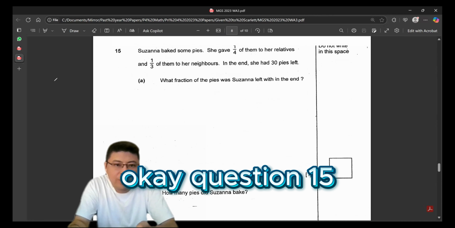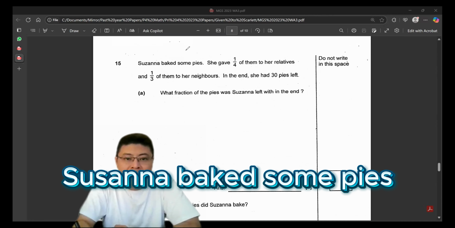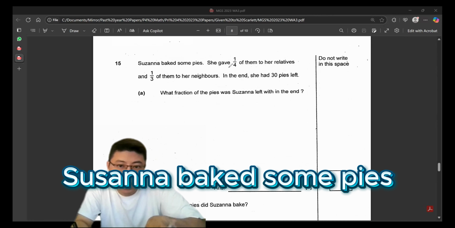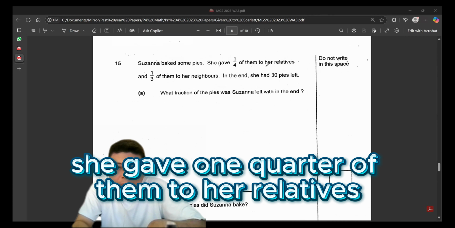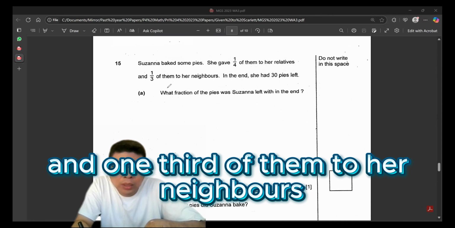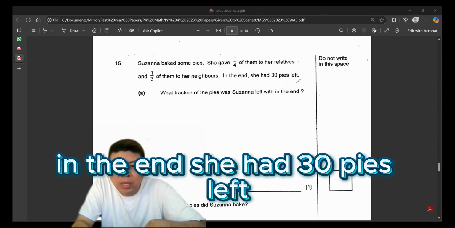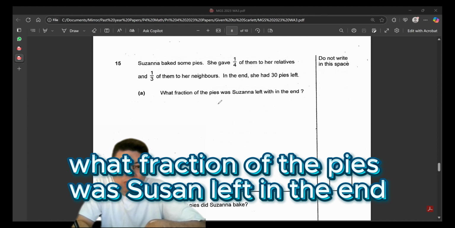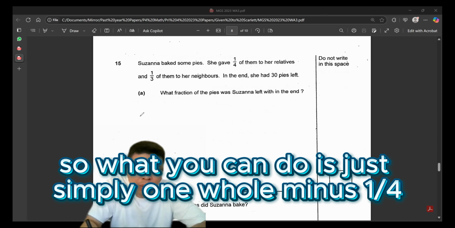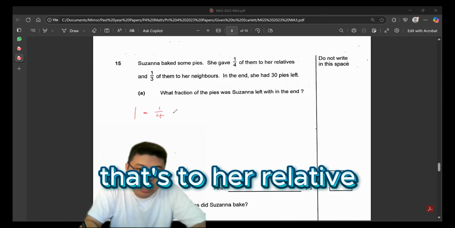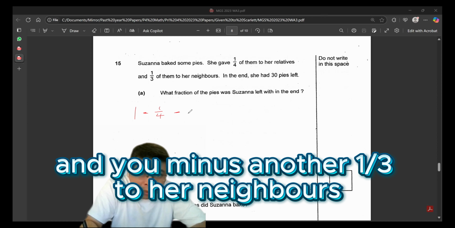Okay, question 15. Susanna baked some pies. She gave 1/4 of them to her relatives and 1/3 of them to her neighbors. In the end, she had 30 pies left. What fraction of the pies was Susanna left in the end? So what you can do is just simply 1 minus 1/4, that's to her relatives, and you minus another 1/3